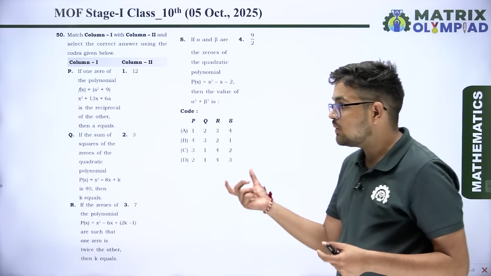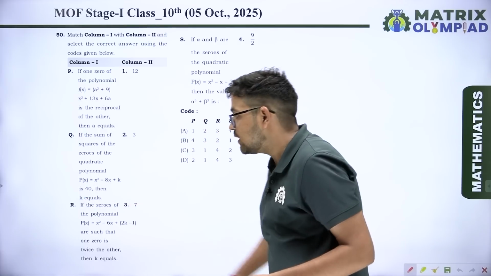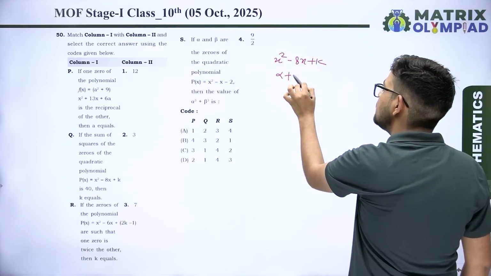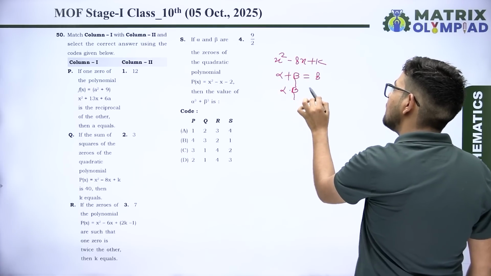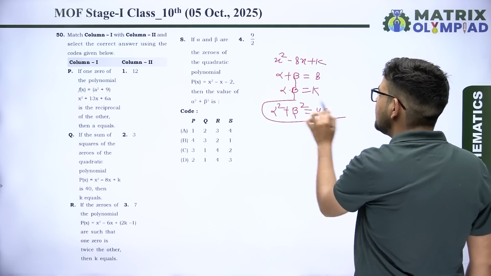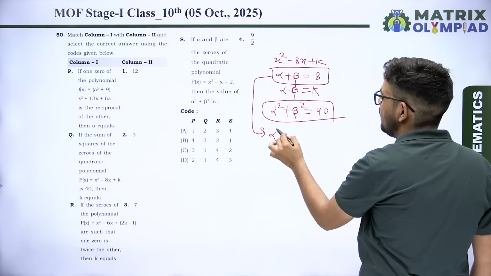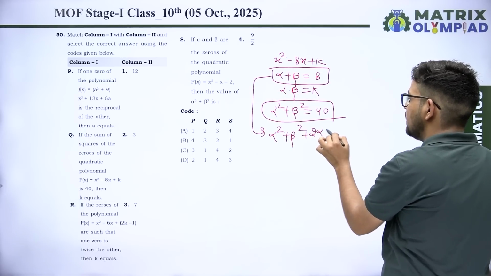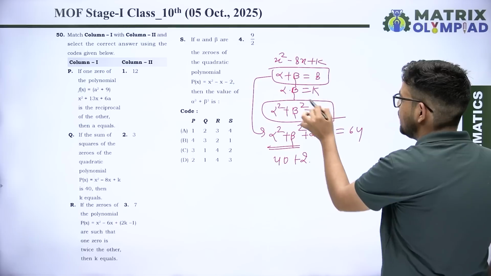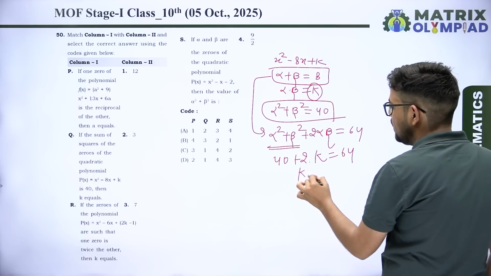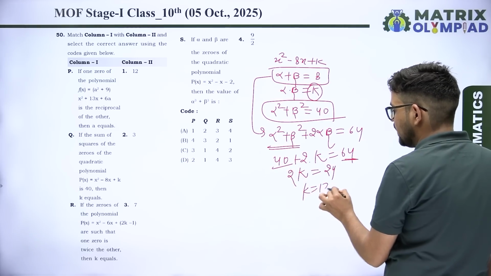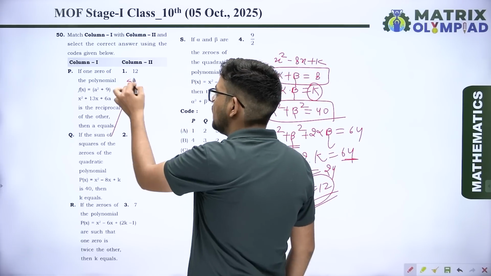क्वेश्चन कह रहा है, इफ द सम ऑफ द स्क्वायर्स ऑफ द जीरोस ऑफ क्वाड्रेटिक पोलिनोमियल इज 40। यहां से पोलिनोमियल है x स्क्वायर माइनस 8x प्लस k, इसका मतलब अल्फा प्लस बीटा आएगा 8 और अल्फा डॉट बीटा आएगा k। अब इनके स्क्वायर का सम 40 दे रखा है। अब ये कहां से आएगा, आप इसका स्क्वायर कर दो, तो आएगा अल्फा स्क्वायर प्लस बीटा स्क्वायर प्लस 2 अल्फा बीटा, और इधर स्क्वायर करने से आ जाएगा 64। तो अल्फा स्क्वायर प्लस बीटा स्क्वायर की वैल्यू 40 प्लस 2k इक्वल 64। यहां से सोल्व करोगे 2k इक्वल 64 माइनस 40, तो ये हो जाएगा 24। तो यहाँ से k की वैल्यू आ जाएगी 12। तो Q का आंसर फर्स्ट हो जाएगा 12।